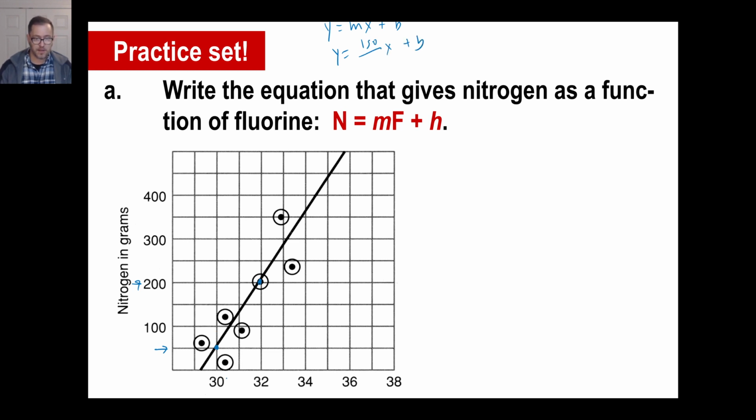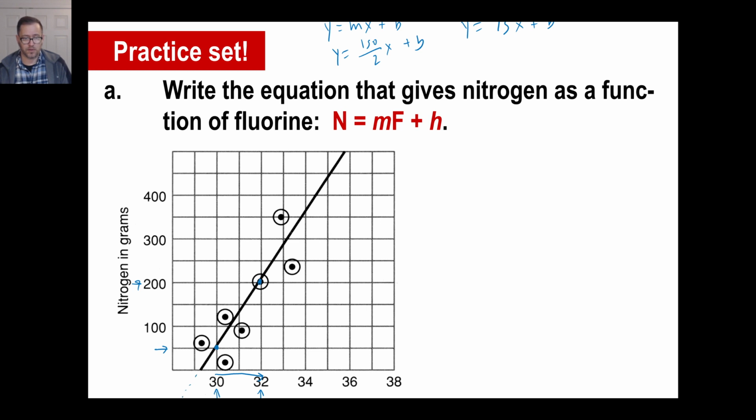In that same move, you're going to start here and you're going to end up here. Well, how far do you go from here to here? You can read that. It goes from 30 to 32, right? So it's going to be a 2. So if you want to, go 150 divided by 2, that's 75. 75x plus b, okay? In other words, now you need where that y-intercept is going to be, somewhere down here,